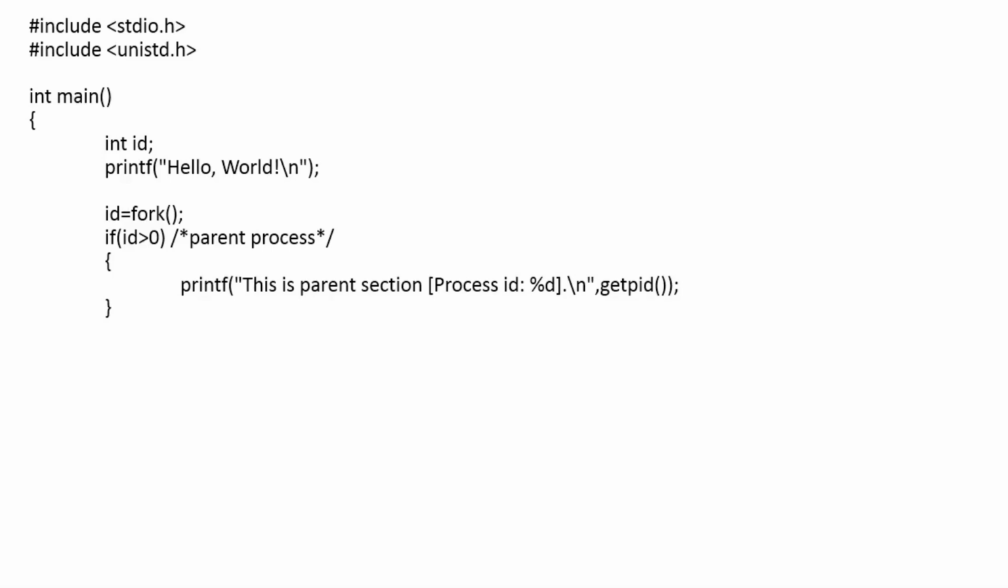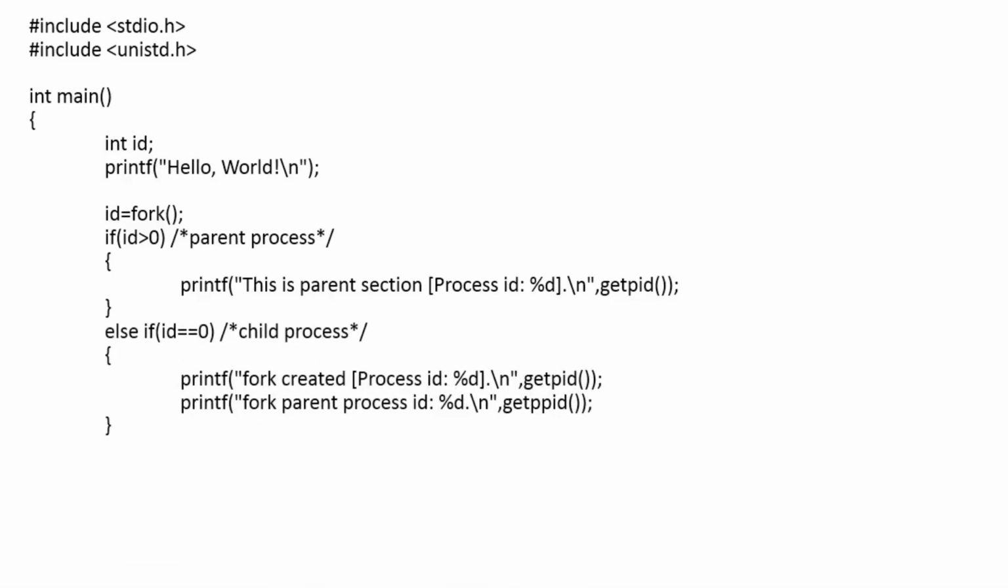So if the id is greater than 0, then that is the parent process. That is the section for the parent. Inside that the parent will execute its task when the id is greater than 0. If the id is equal to 0, that section is for the child process. The child process executes all its tasks inside this section. Otherwise, if the id is not greater than 0 or not equal to 0, then the child is not created. The fork failed in creating a child